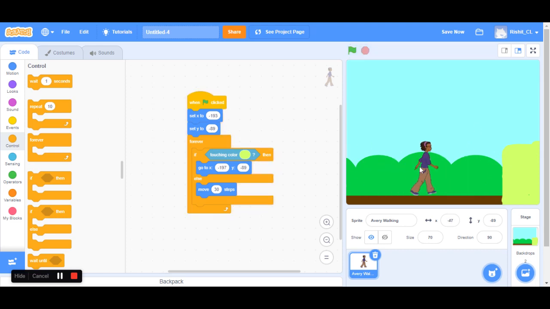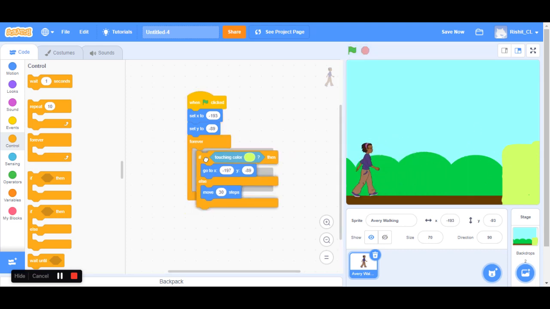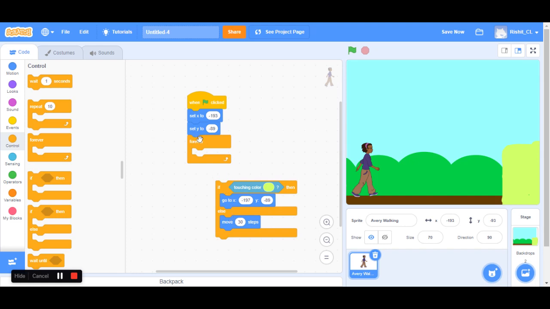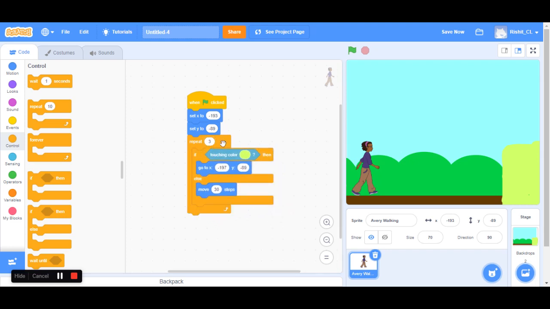So let's just stop the code and bring the character over here. And instead we drag this code. This part is okay, but then we do not need it to go on forever. So let's just delete that and repeat like 3 times. So we repeat 3 and then add this back in here. So once we run it now, let's just change the steps to 50. So like this, see, it's not completely touching the block, and it's only moving 50 steps as it's supposed to do. So let's move it to 100 this time. 100 steps.